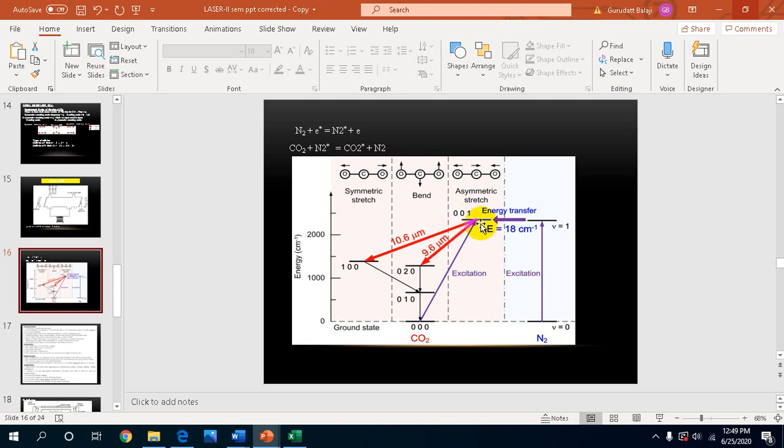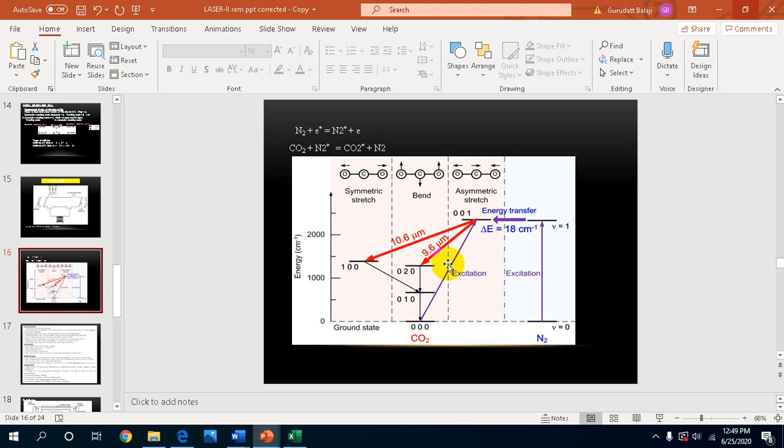Hence, the population inversion of CO2 molecules is established between level 4 and level 3, and level 4 and level 2. The transition of CO2 molecules from 4 to 3 and 4 to 2 produces lasers of wavelength 10.6 micrometer and 9.6 micrometer respectively. The helium molecules increase the population of level 4 and also help in emptying the lower laser levels by absorbing the heat generated due to these radiation-less transitions.